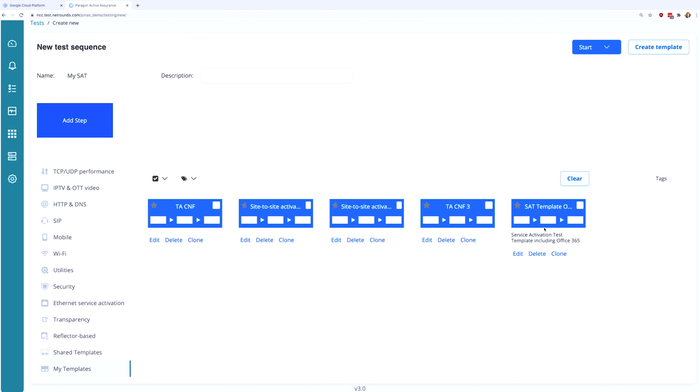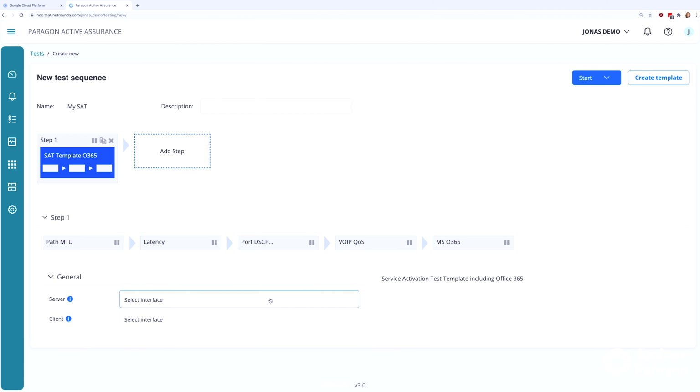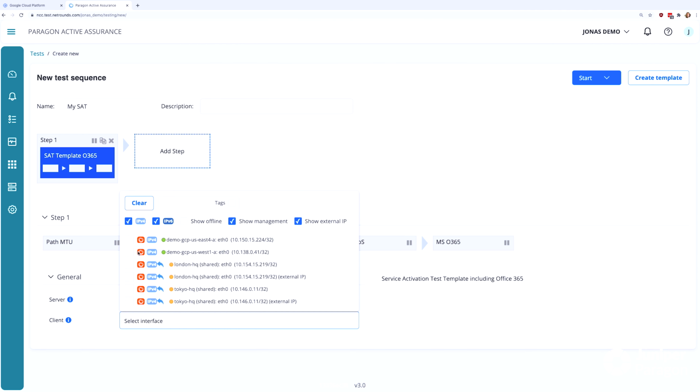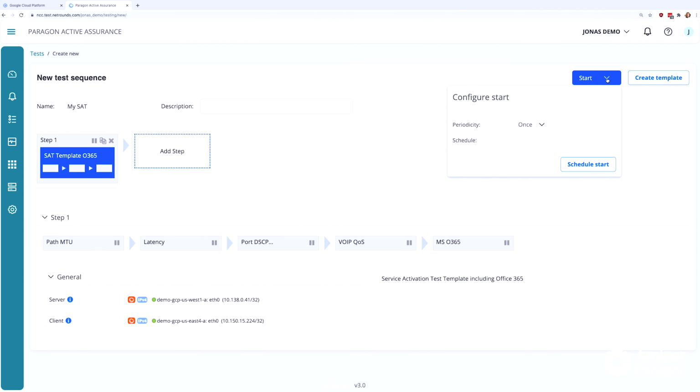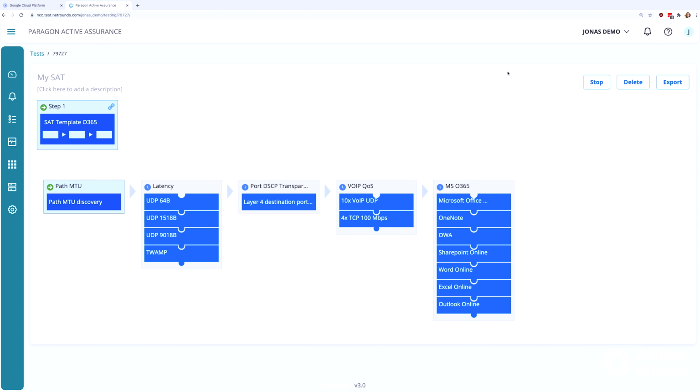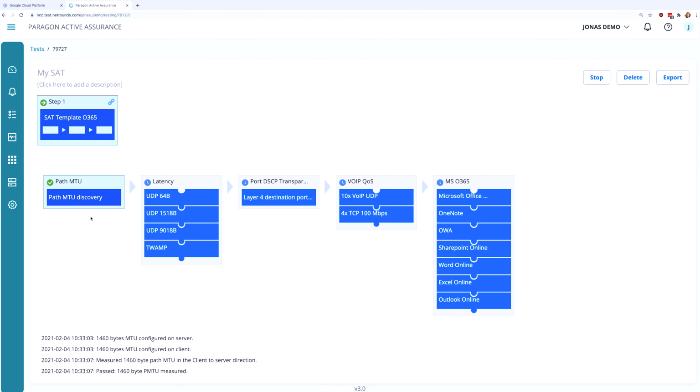Now, let's save that as a template so we never have to design the same test again. And with that done, we can run the test and see what happens. Let's go. We open our test template that we just designed, and now we just have to select the client and the server. Now we run the test, and we can see the progress at each step in the form of a pass or fail, and expandable progress bars, which are color-coded to show when performance was above or below